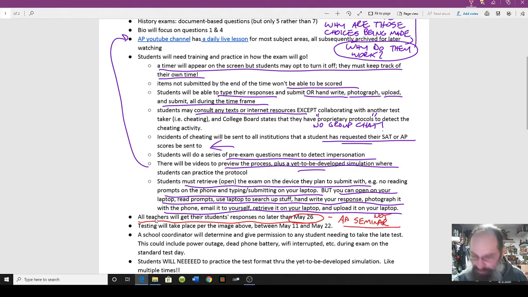Not AP Seminar. All right. Testing will take place per the image above between May 11th and May 22nd. School coordinator will determine and give permission to any student needing to take the late test. This could include power outage, dead phone battery, Wi-Fi interrupted during the standard test day.